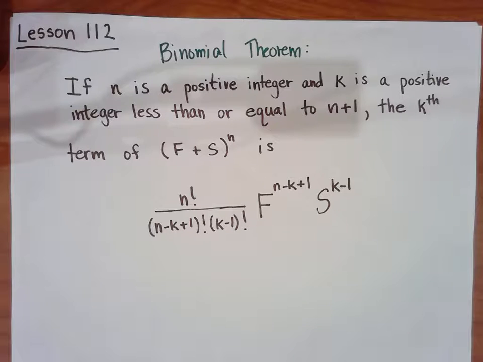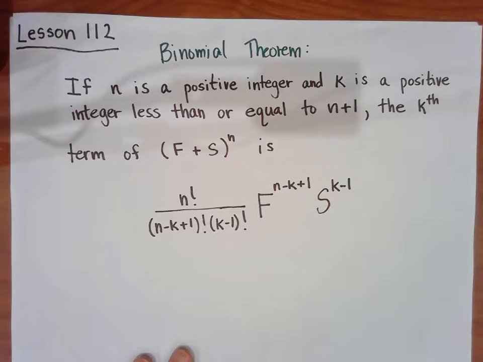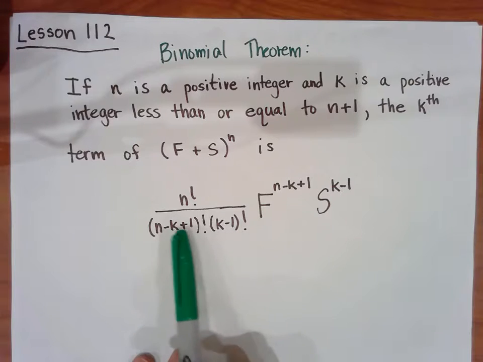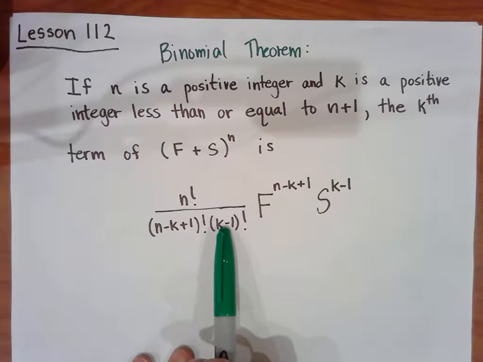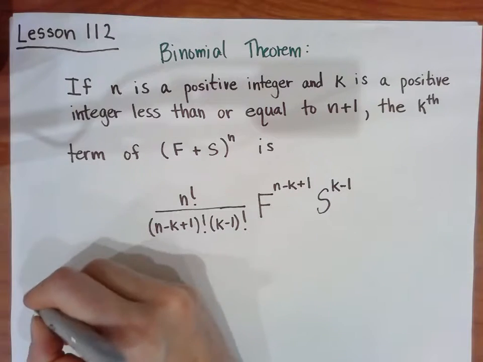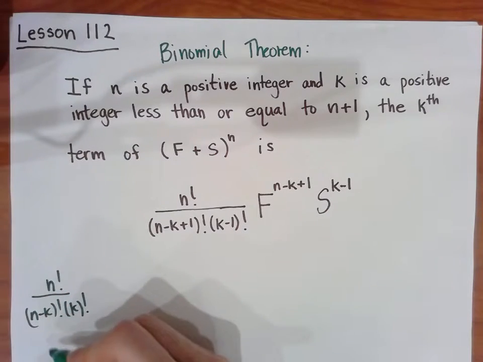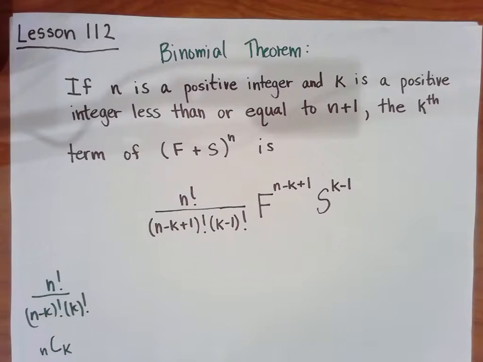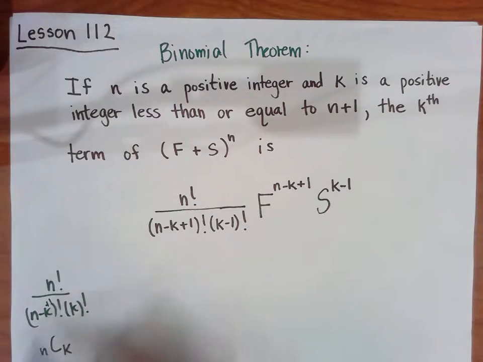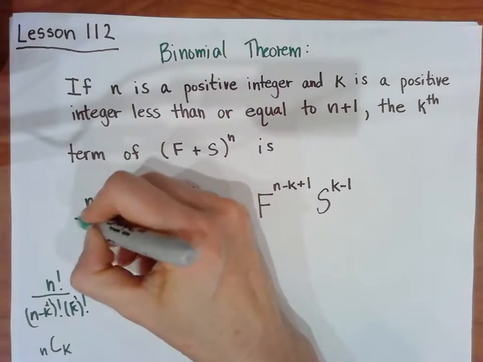Now if you look at these two things on the bottom, if you do n minus k plus 1 and you add to that k minus 1, these things would add up to n. Remember, if you see n factorial over n minus k factorial times k factorial, that's just n choose k. Well, we have something very similar to that, except we have plus 1 and minus 1 in here. So this is actually n choose